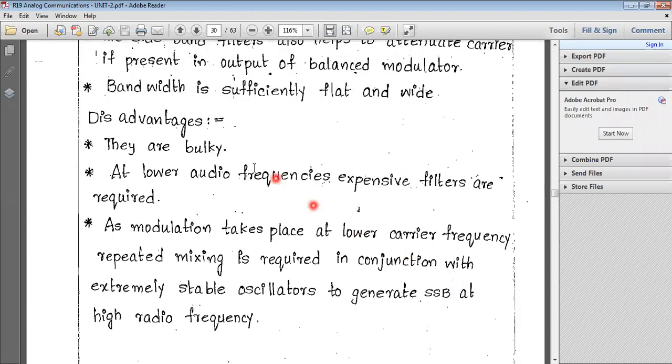So by putting two stages, the circuit becomes bulky. So that is a disadvantage. And what is the second disadvantage? At lower audio frequencies, it requires very expensive filters. And the third disadvantage is